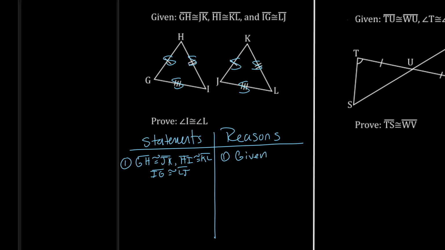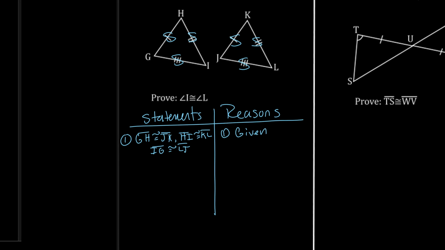Good. So now what can I say? The triangles are congruent because, yes, because I know all of these parts are congruent, I now know that triangle GHI is congruent to triangle